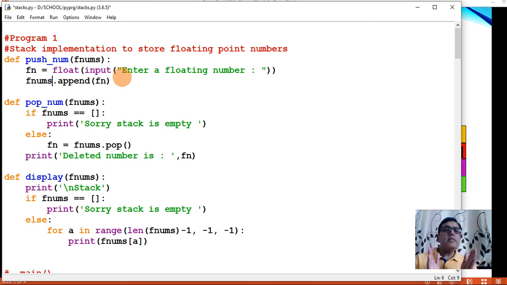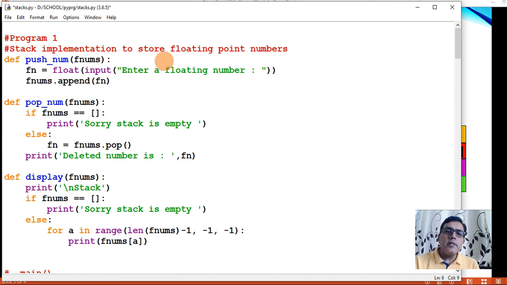What is a stack? Stack is a list. Initially that list is empty. How many elements can be added in a list? You can add n number of elements till you run short of memory. So there is no upper limitation of adding values in a list. As long as you have memory, as long as there is space in memory, you can grow that list.